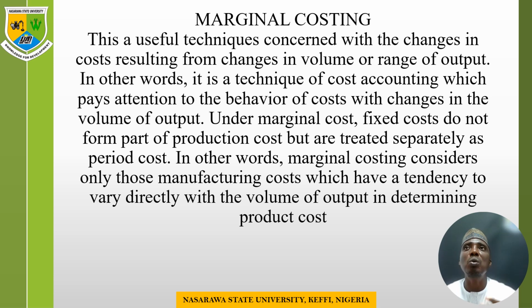The first thing we will do in the final account is to prepare what we call the trading account. And the essence of preparing the trading account is for you to determine what we call gross profit. Gross profit is the profit derived during the trading activity of a particular business. So in cost accounting,